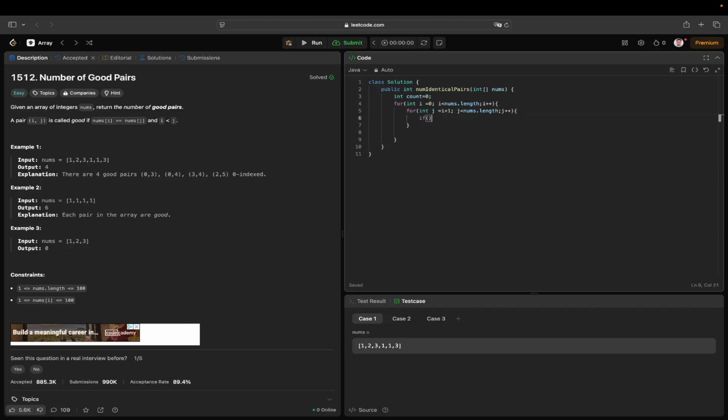So let's see, and we will write nums at position i is equal to nums at position j, and if so we will just increment the counter and then just simply return the counter,